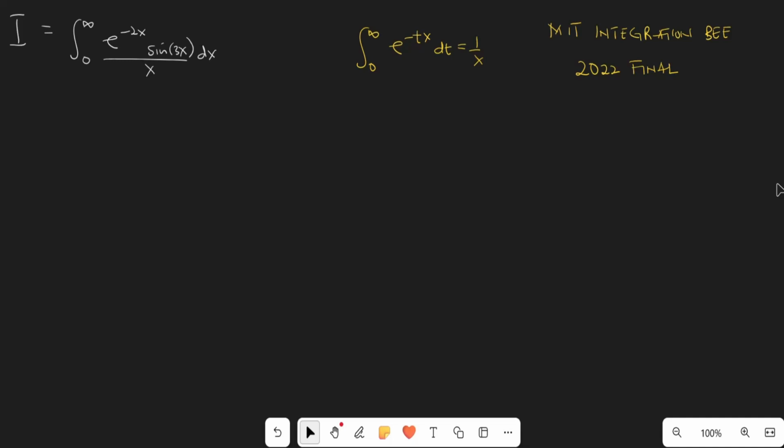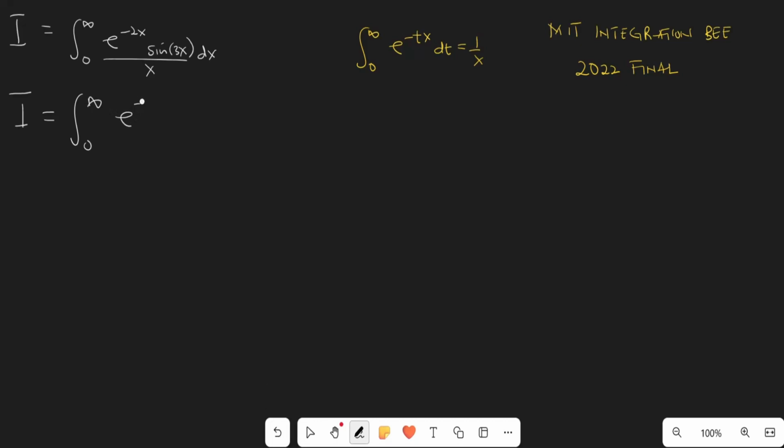One of the easiest tricks to solving this MIT integration B question is to convert this into a double integral. So I'm going to show you how you can do this. This is a very interesting method to solving this integral. So I'm going to rewrite this integral as an integral from 0 to infinity